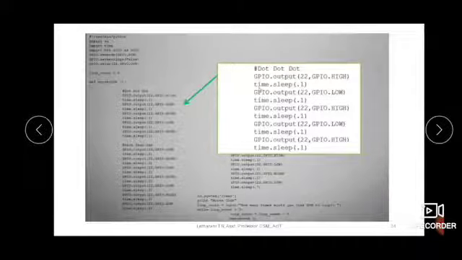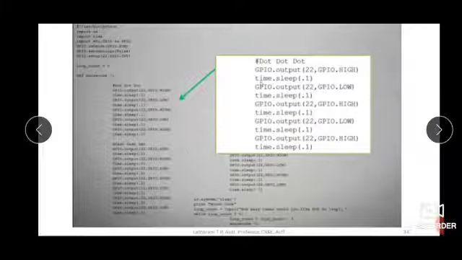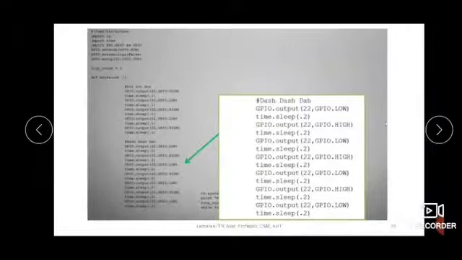I'll show you the output also. Okay, that is dot dot dot. So the next one is this code, which is dash dash dash. So we'll see what that dash dash dash means. It is a little longer beep than dot dot dot. Okay, so dash dash dash has code like this.